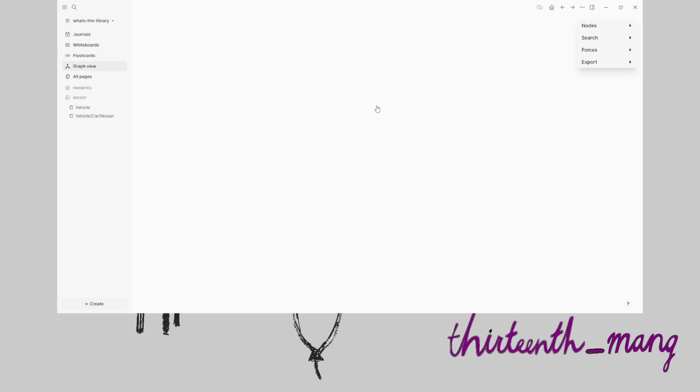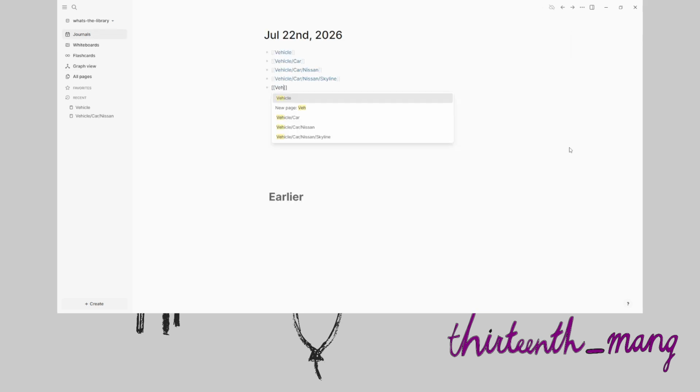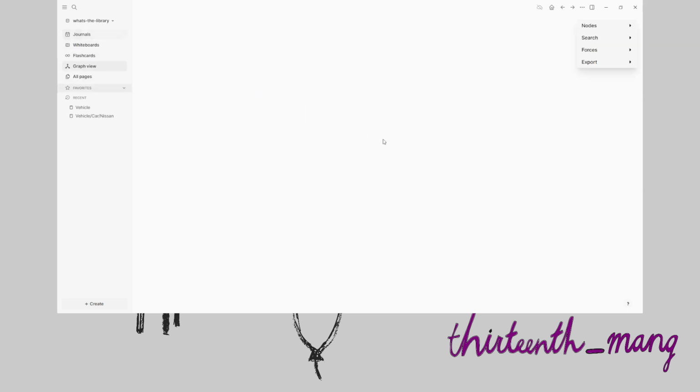And if we look at the graph view, it shows nothing. No, there we go. Okay. So it shows vehicle and then vehicle car, and they are all connected automatically, right? So we could do a different brand of car. So if we go vehicle/car/Toyota, and then underneath that one, we do vehicle/car/Toyota/Supra this time. And then now we can look at the graph view, and we can see